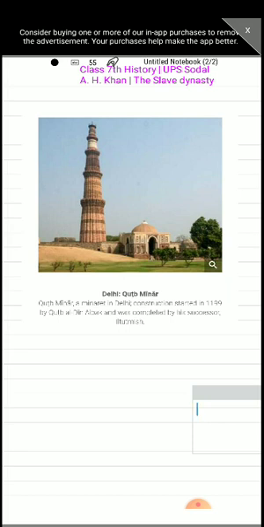Its construction was started by Qutbuddin Aibak, the first ruler of the Mamluk or slave dynasty. It is also a UNESCO World Heritage Site, 73 meters tall. The fifth section of the tower was added by Feroz Shah Tughlaq in 1369 AD. Sher Shah Suri added the entrance to this tower. So its construction was started by Qutbuddin Aibak